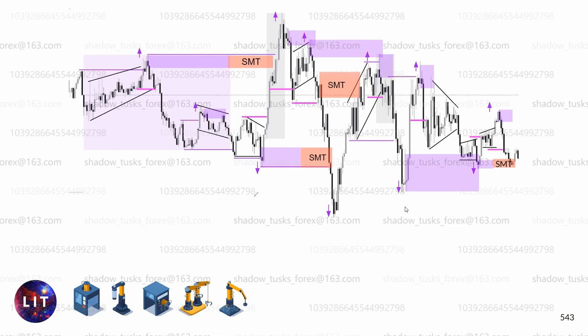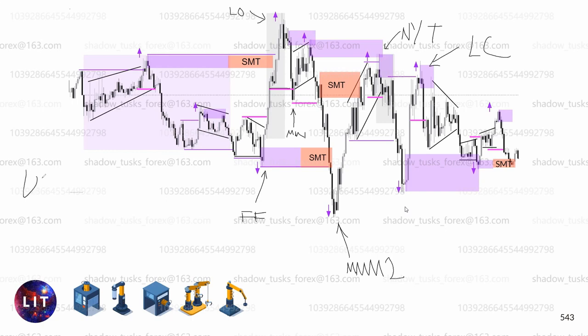All right, so just eyeballing it, this is likely going to be our Frankfurt. This one, London Open. This one is a minor inducement at MM1. And then this one is probably MM2. And then obviously New York Trap, and then London close. You'll eventually get to the point where you can just eyeball them, because obviously UTC+2,